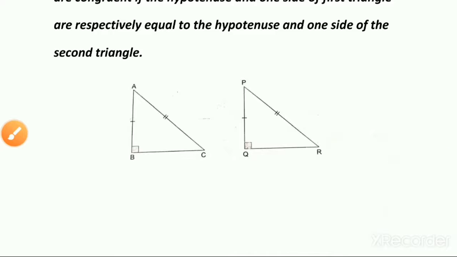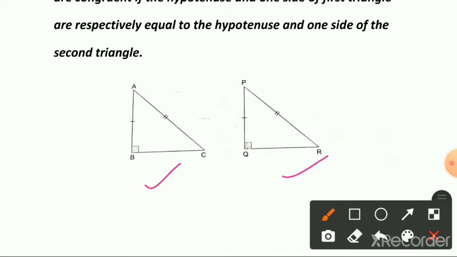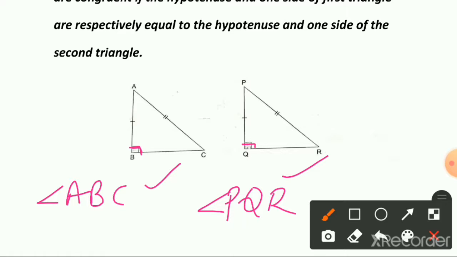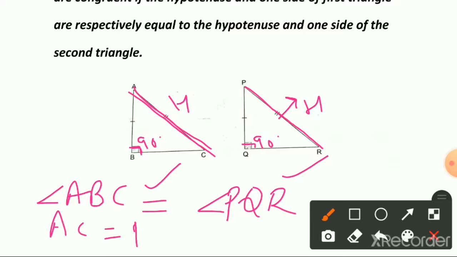So let's look at these two triangles ABC and PQR. If I am writing their matching parts, these are the right angles, angle ABC and angle PQR, right triangles. So these angles are equal, each 90 degrees. And what is the hypotenuse? AC. Hypotenuse is the side which is in front of the 90 degree angle. This we have learned in chapter number 15. So we can say that AC is equal to PR. And the third part is the other side, it can be any side. So here AB equals PQ.